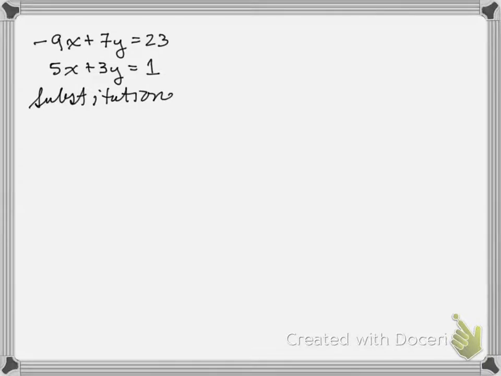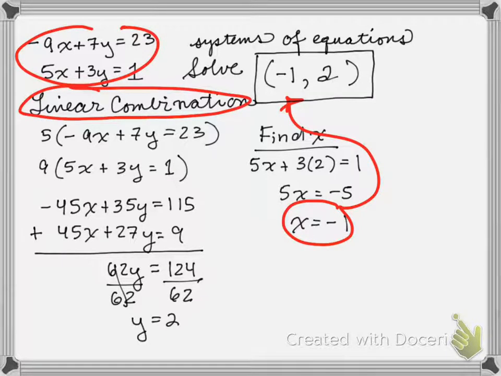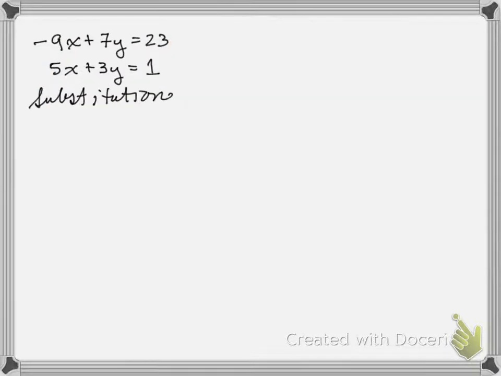Okay, now we're going to take a look at solving a system of equations using substitution. So in the first one, we had this system of equations, and we solved it by this method called linear combination. Now let's take this system and say we're going to solve by substitution, which actually I'm not going to do because it would be an inefficient way to do this one. But if I were going to do it, I would take this equation. I could take either equation and solve for either variable. So let's take this equation